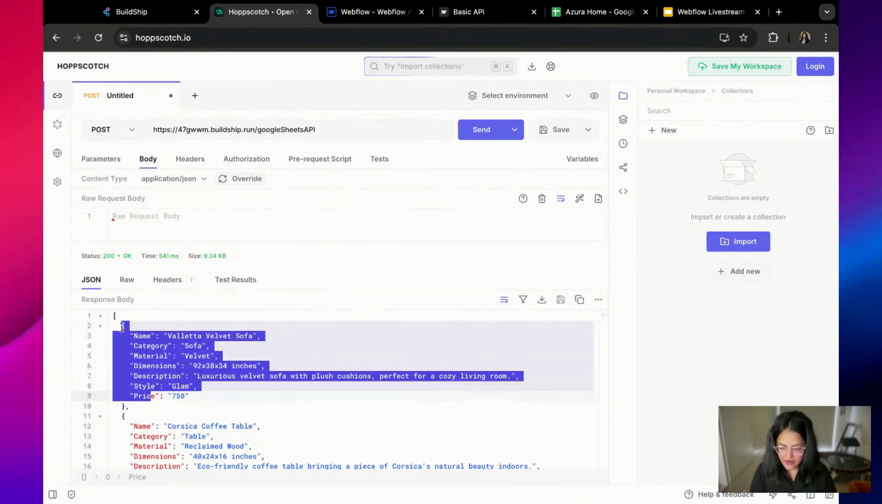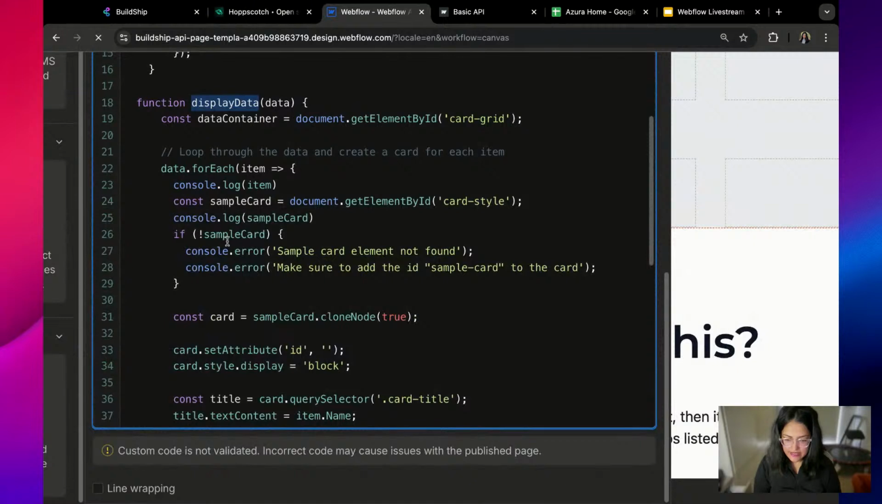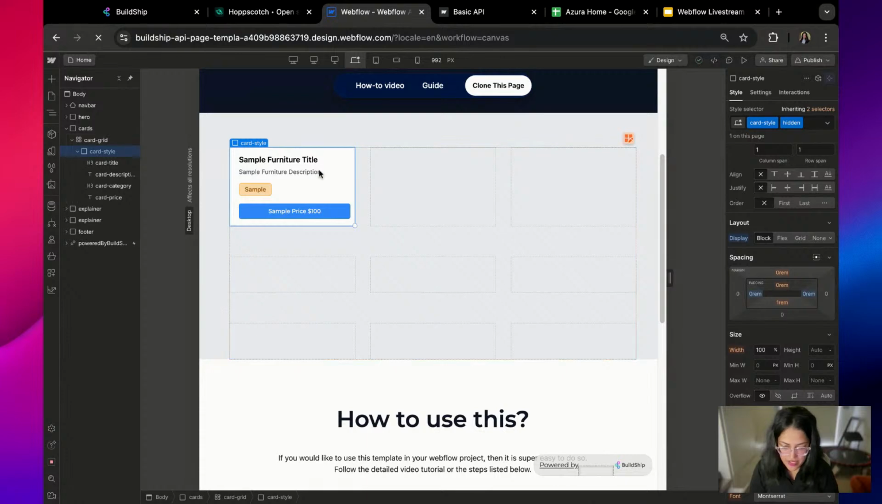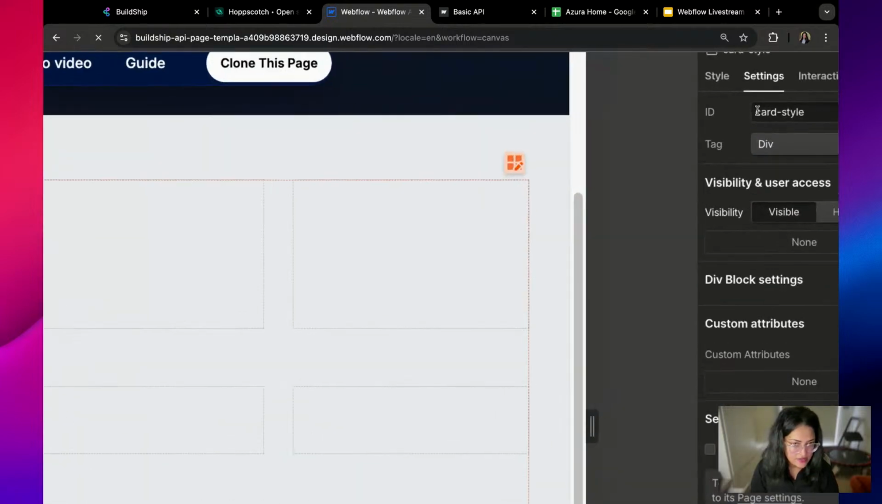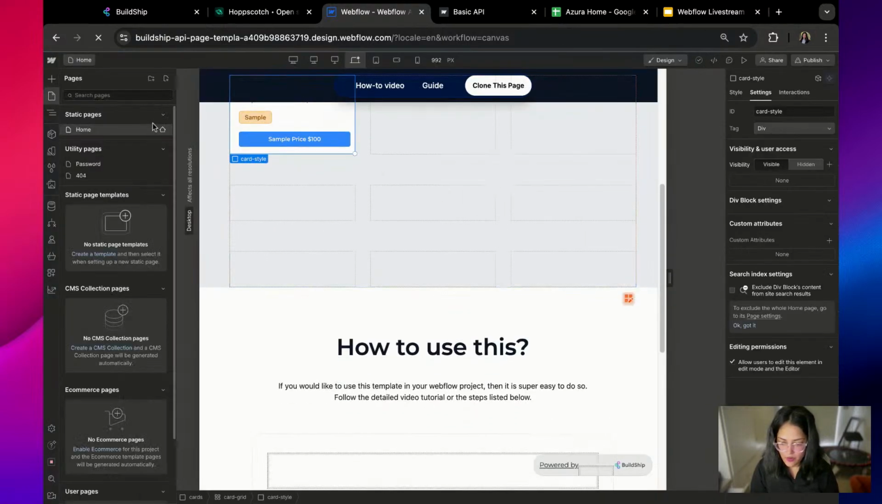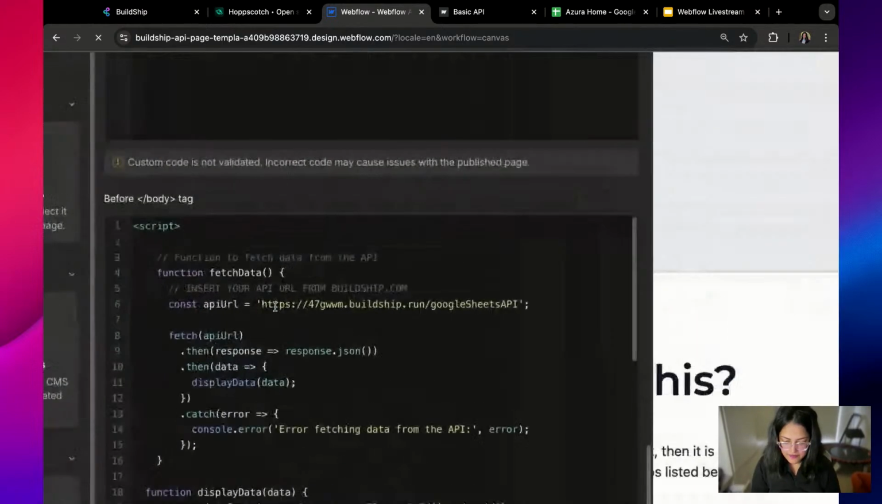And as you can see, every item has all these things, right? So if I go to Webflow, I see that there is a sample card already. We had given it the card name card style, the ID name to be card style. So if I go back here, you'll see what I mean. So this card, inside settings, you have this ID to be card style, right? So that's what I'm picking up, and I'm going back to the code, and I'm saying